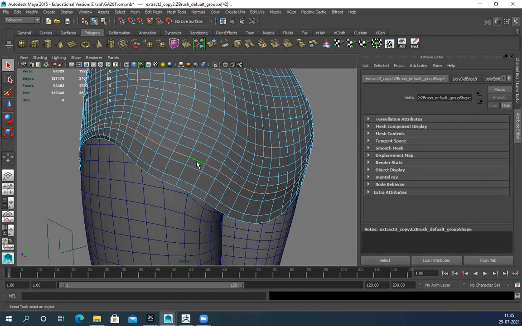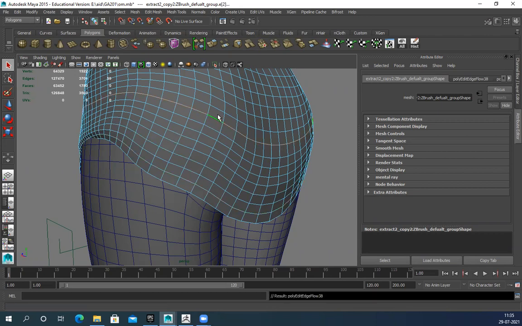That last command can be anything, so whatever your last command is, it will just repeat that. So edge flow, then I can double click this, press G, edge flow, press G, edge flow. It works like that automatically. You don't have to do anything. It makes work really fast.